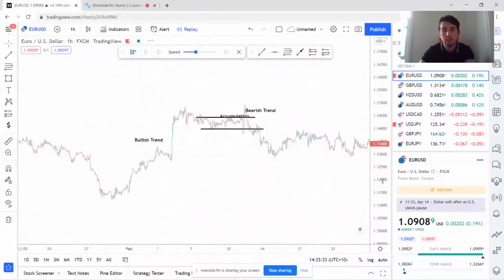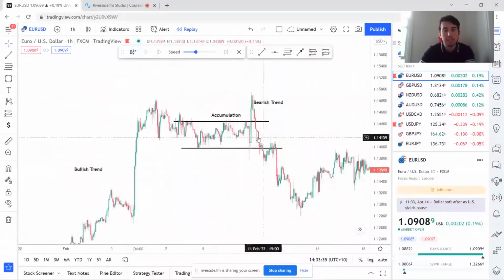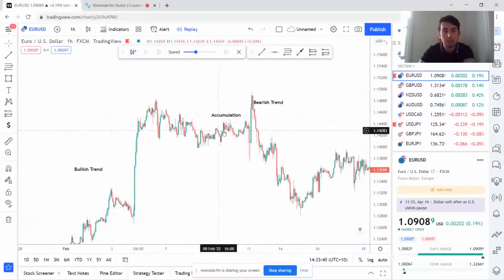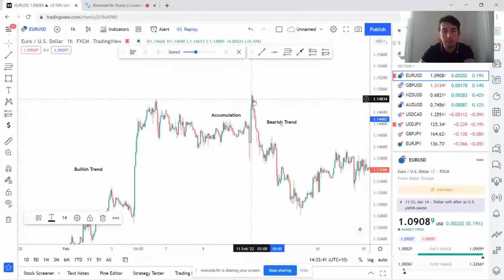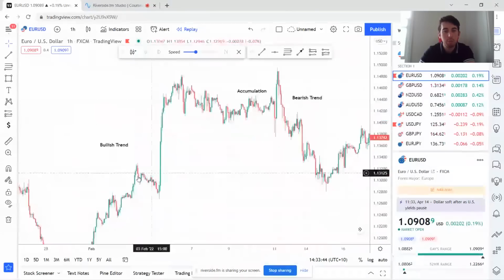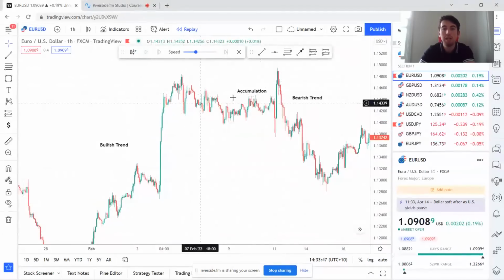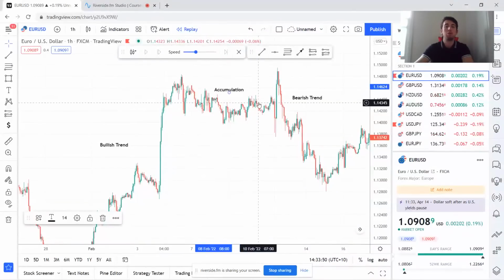There we go. So what we can see here is that there is accumulation when the market is slowing down. We have a bearish trend and we have a bullish trend. Bullishness, bearishness, and in between, we have a bit of accumulation going on there. Now, go back and go over those terms because now I'm going to go into the second part of this